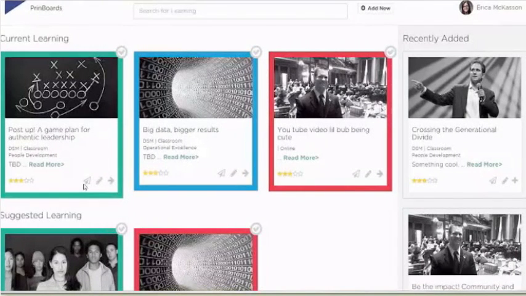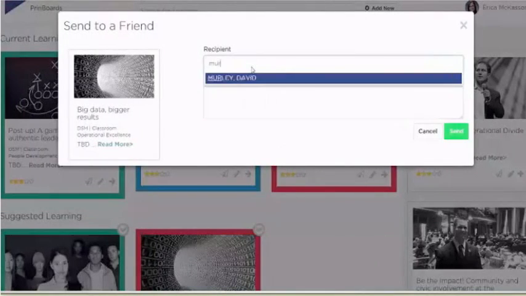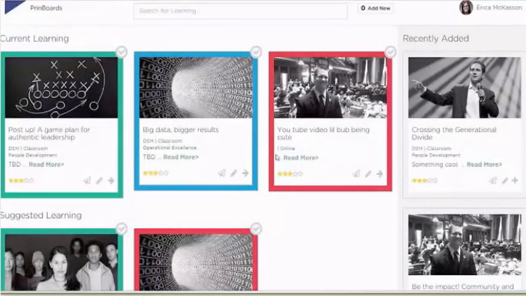One thing that we were thinking about was being able to suggest something to somebody. So I want to send this to Merle David. Hey, pay attention. This could help you. Send it. And David, if you want to confirm whether or not you got that email, it would tell you, and that will be pinned to his board. He'll get an email notification saying, hey, somebody thinks you should go check out this pin.